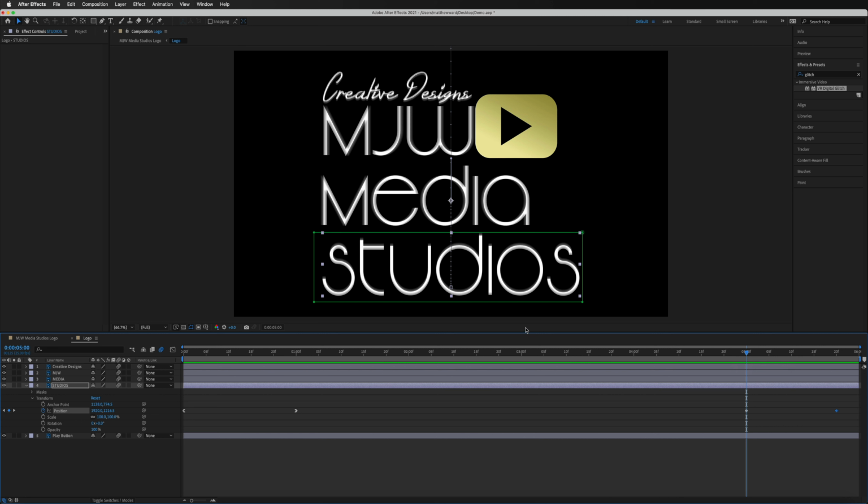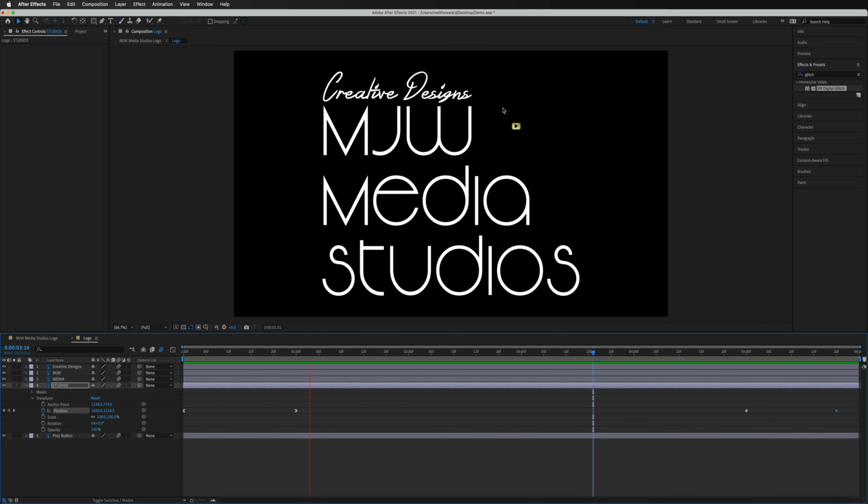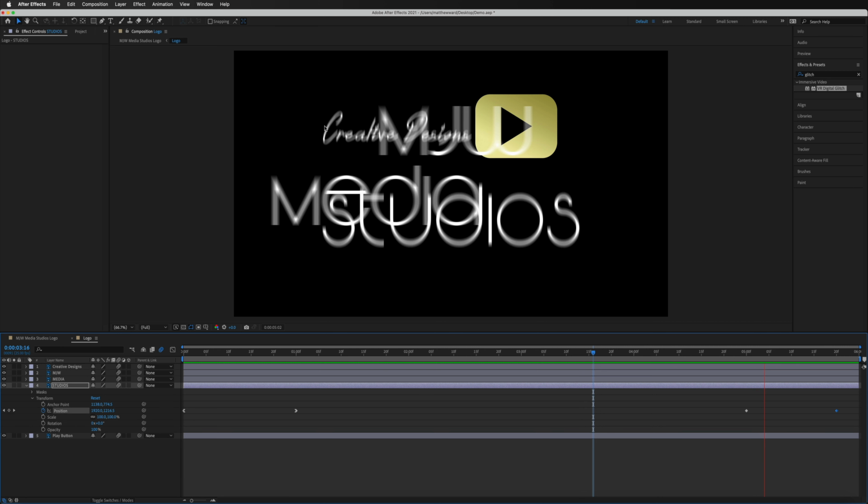It's exactly the same thing across all of these. I cut the video at this point so you didn't have to see me apply that to each one of these layers, but it's the exact same thing that we did on the first couple of layers. If I play this back now, you can see what I did. At the moment, I haven't applied it to the play button, so I want to do something a little bit different there. You can see they're all going in different directions.